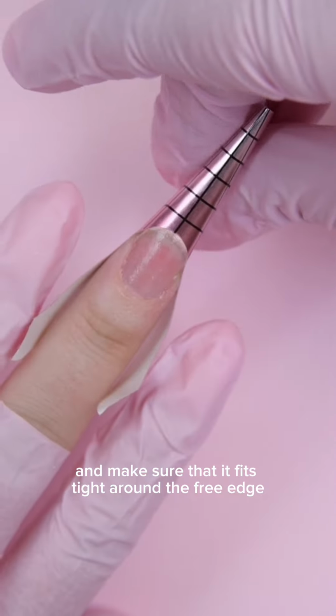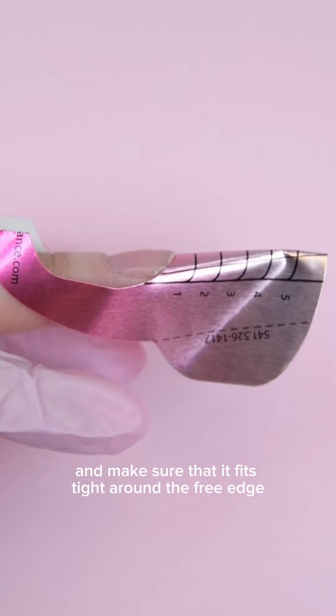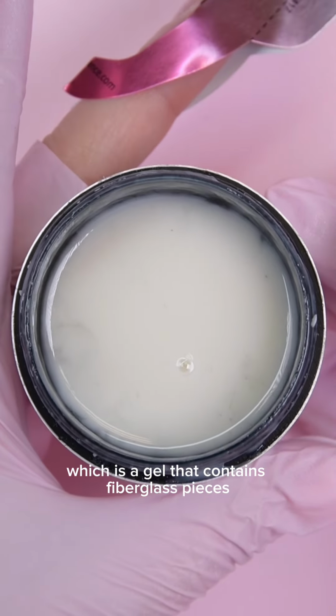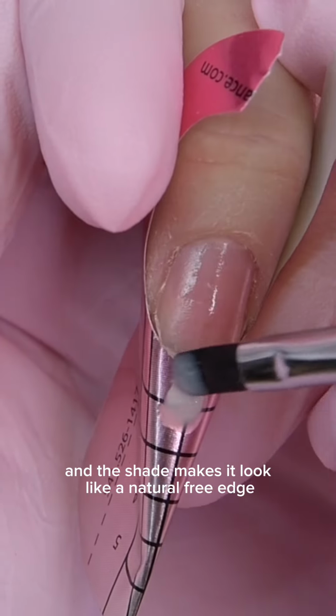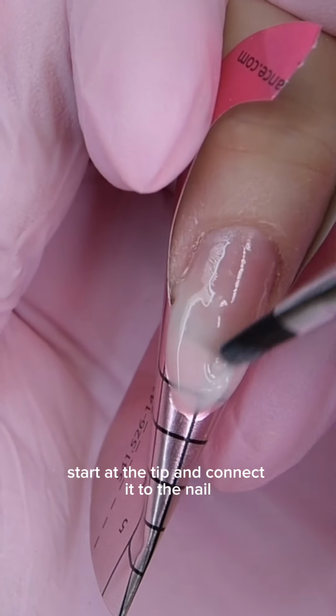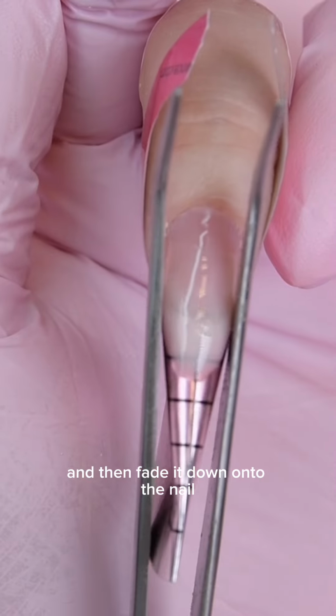Grab a form and make sure that it fits tight around the free edge. For the free edge, I love using natural fiber, which is a gel that contains fiberglass pieces, and the shade makes it look like a natural free edge. Start at the tip and connect it to the nail, and then fade it down onto the nail, but leave